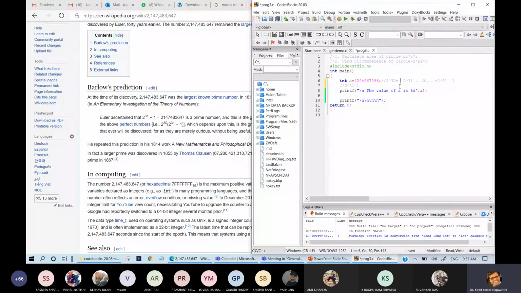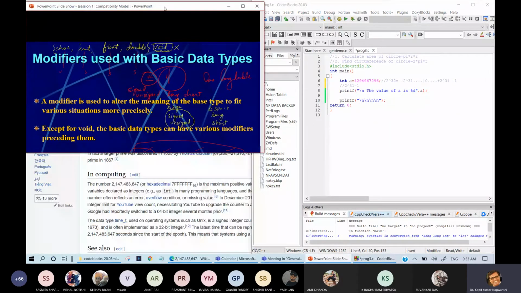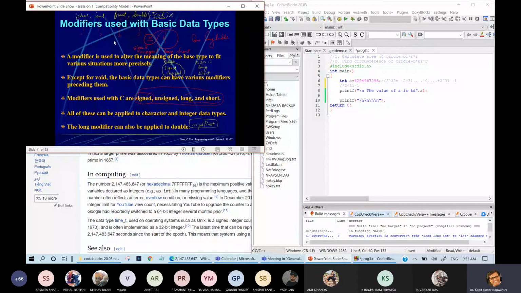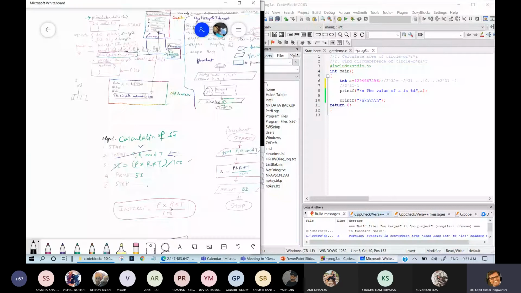But whenever you are writing a signed number, how do you write it? If you are able to divide this number, let me show you the whole thing. Yes, better to use the board. Till now, is this understandable to you? So this board is there and I am showing you why this is coming.